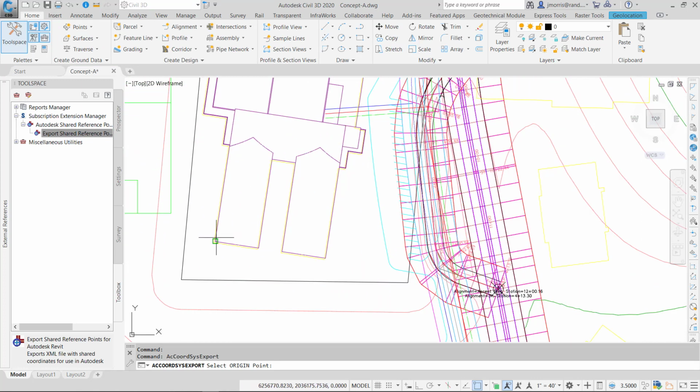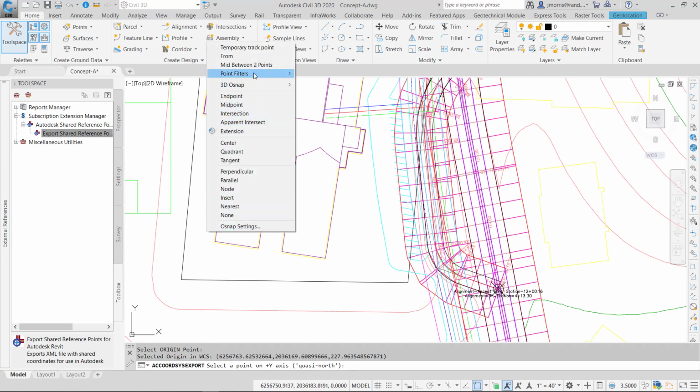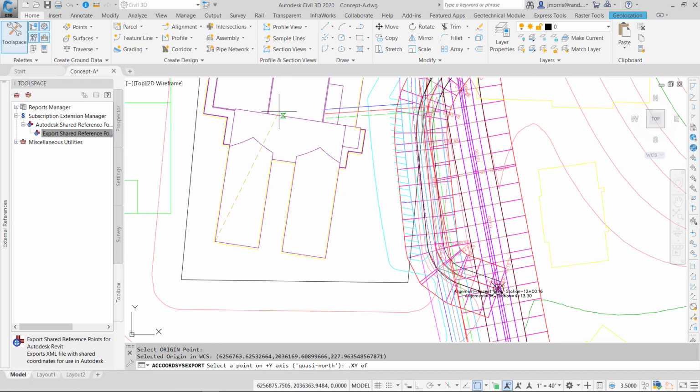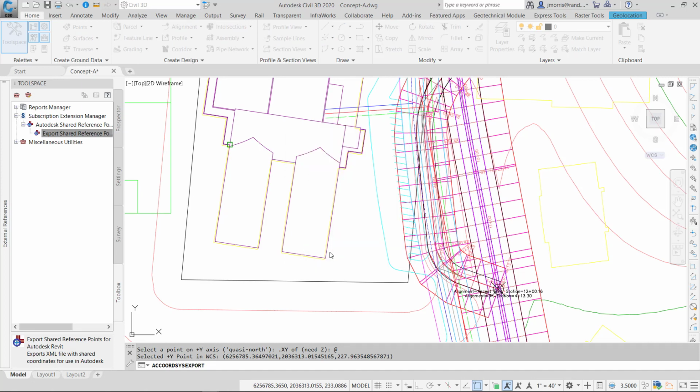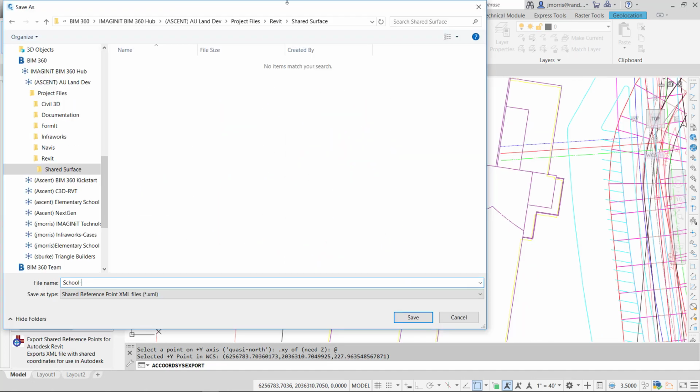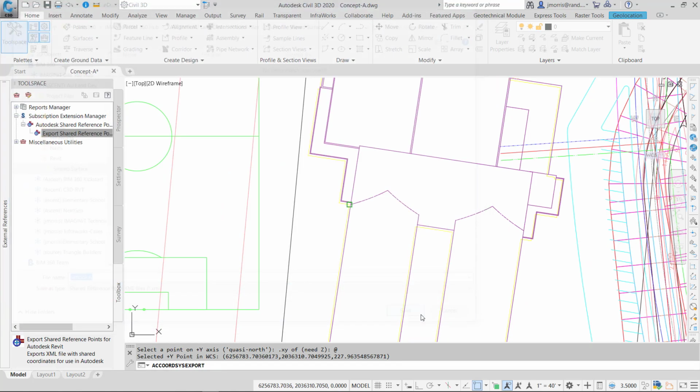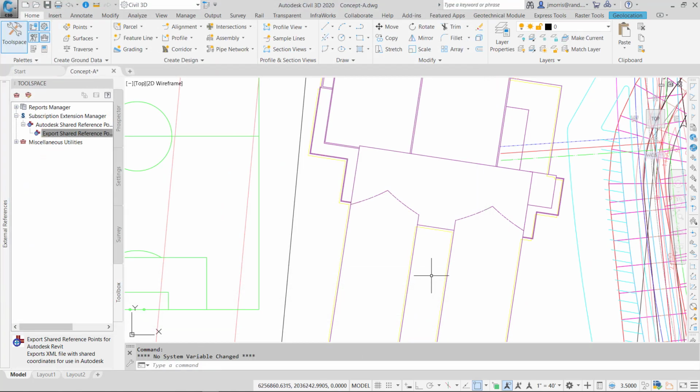Now it's time to generate my shared reference point so that these coordinates can be shared within Revit. I go to my Toolspace to invoke the command. I pick my project base point and my quasi-north point, and I use the .xy filter so it reads the same elevation from my project point to my quasi-north point. Tell it that this is in feet, and I save it up into BIM 360 as School A,